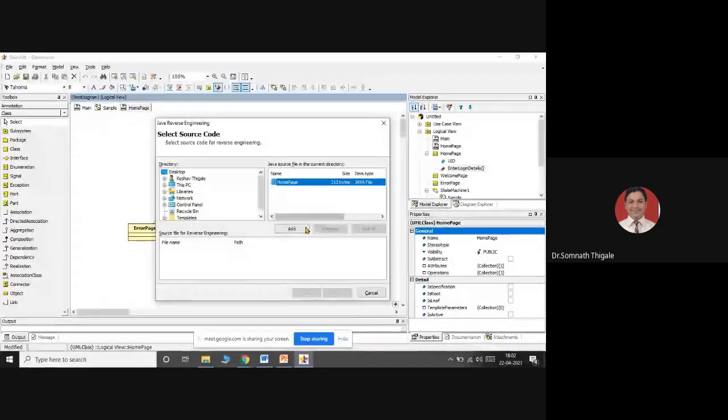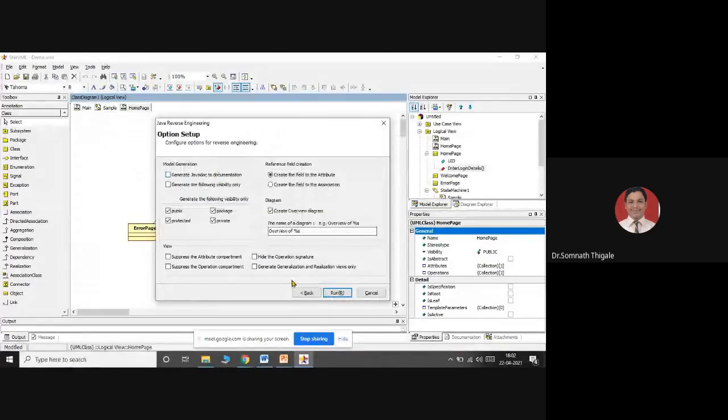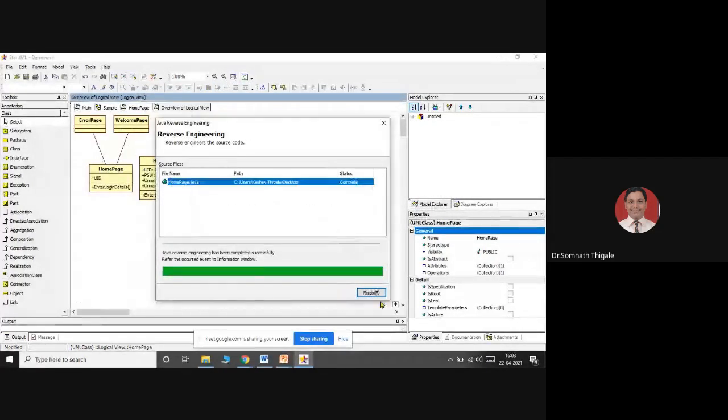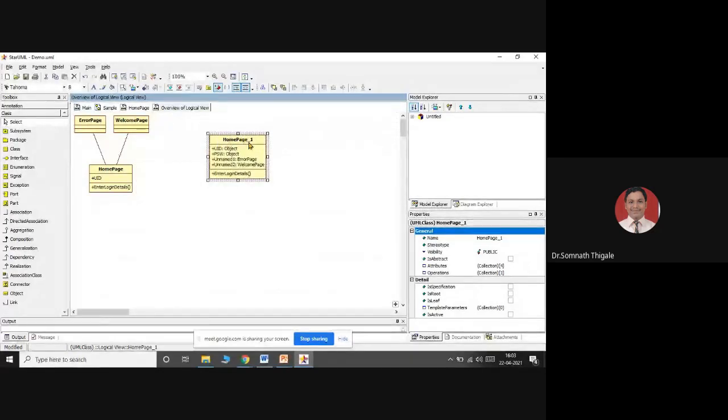Yes, it is. Add this file, the file in which you have made the changes. Select this file and say next. Logical view, say next. Keep default settings as it is. So I'll keep only the run option. Okay, finish this part. One more separate class is added, home page 1.